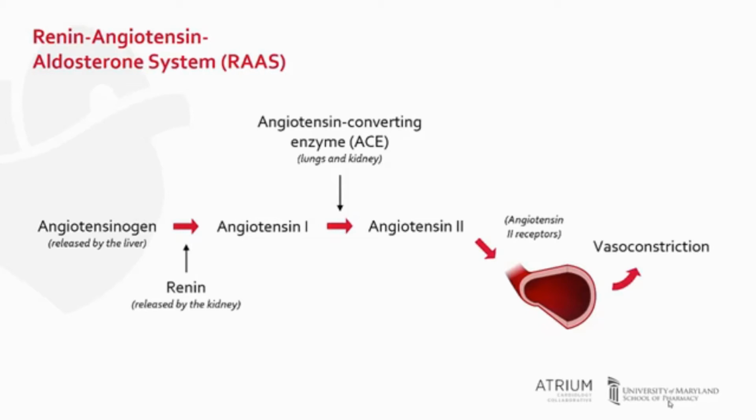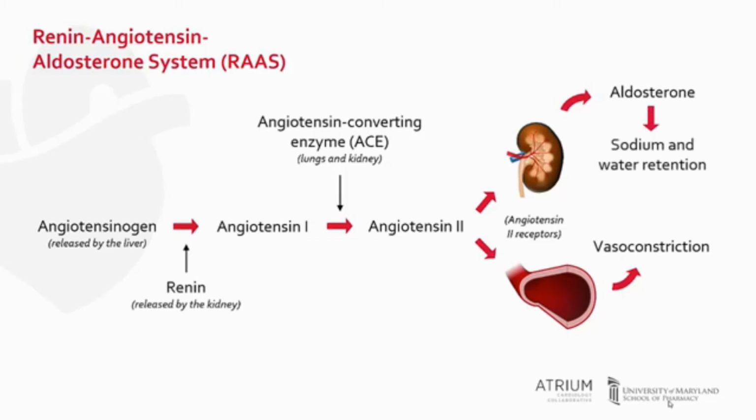Additionally, angiotensin II also binds to angiotensin II receptors in the adrenal cortex, which stimulates the release of aldosterone. Aldosterone promotes sodium and water retention, which can increase blood pressure by increasing blood volume. Now, ACE inhibitors inhibit the ACE enzyme, preventing the conversion of angiotensin I into angiotensin II. This prevents the actions of angiotensin II on both vascular smooth muscle as well as the downstream activation of aldosterone